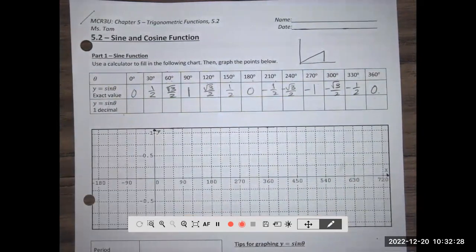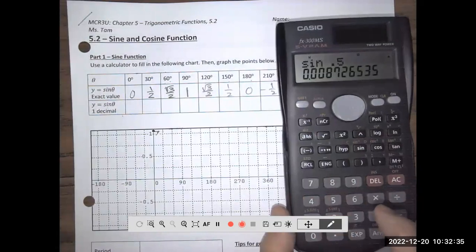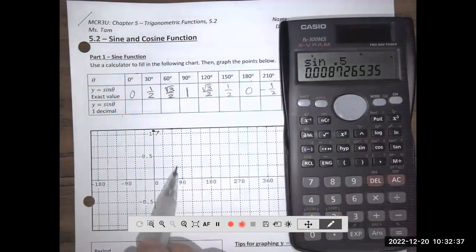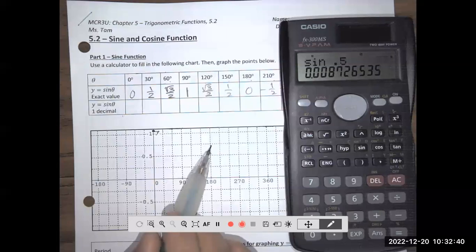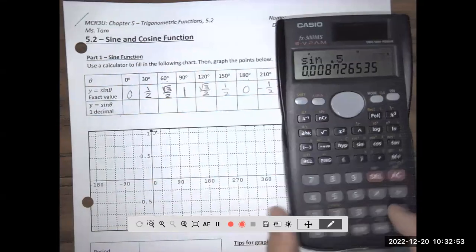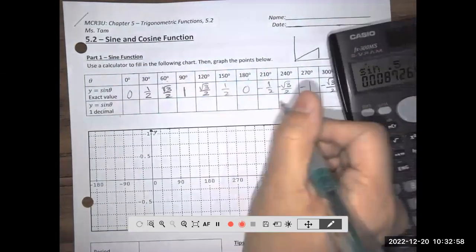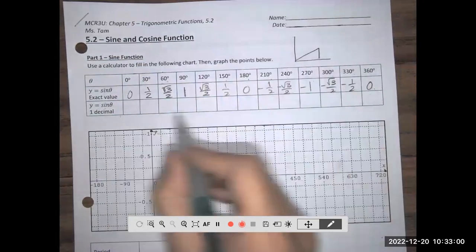Okay, so when you enter these values into your calculator, you're just going to sub in the value for theta. So for example, you're going to enter sine 0.5. And the reason why you're doing this is just to get an approximation in the second column. Okay, why don't we do it together then? So sine of 0 is still going to be 0. Sine of 30. Did anyone get sine of 30 already? Oh, sorry, this is half. So 0.5. Root 3 over 2 is